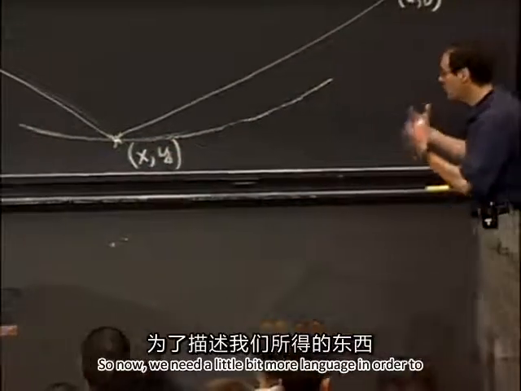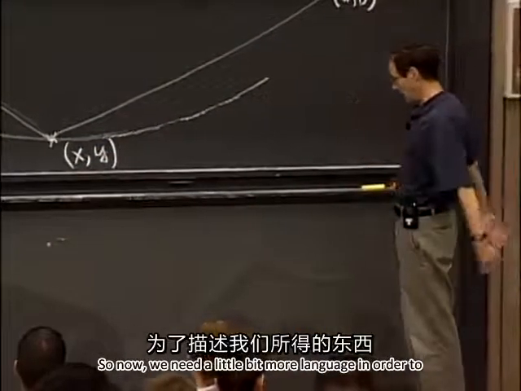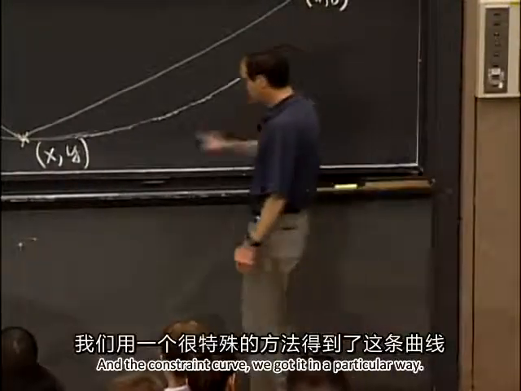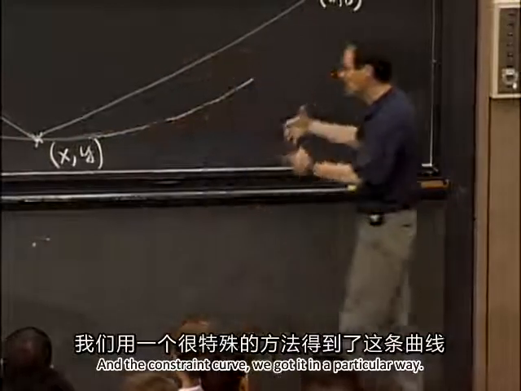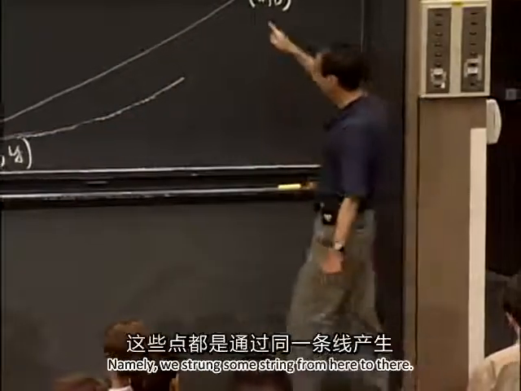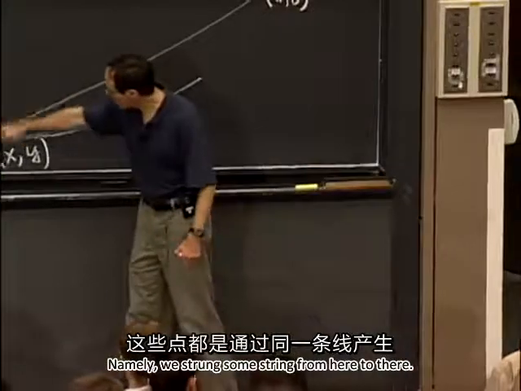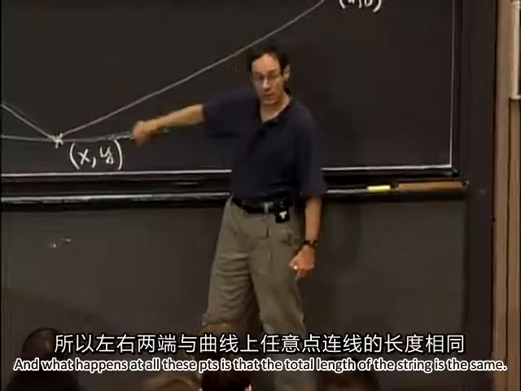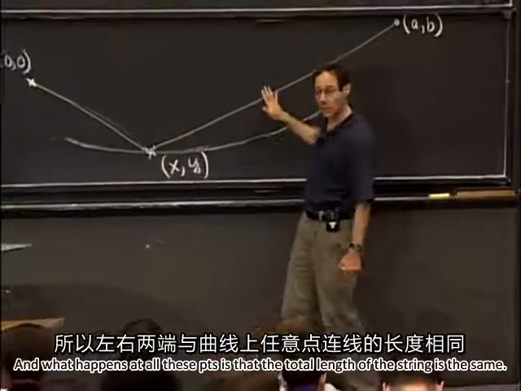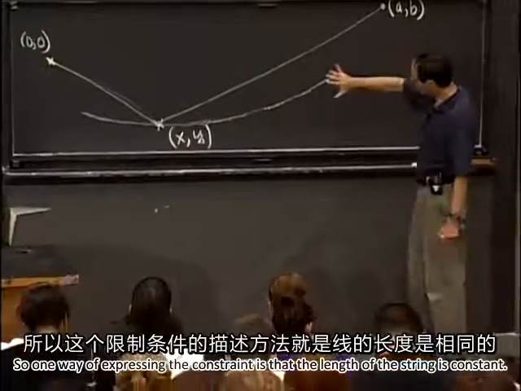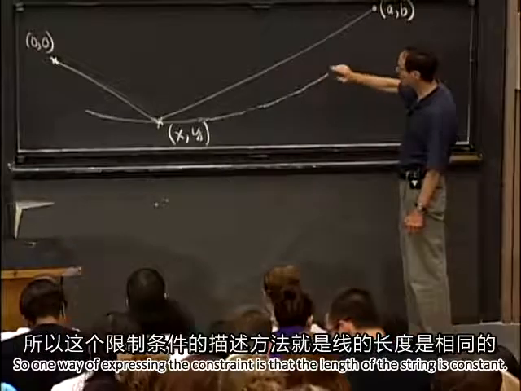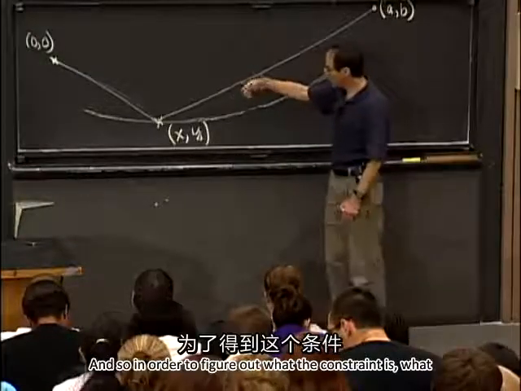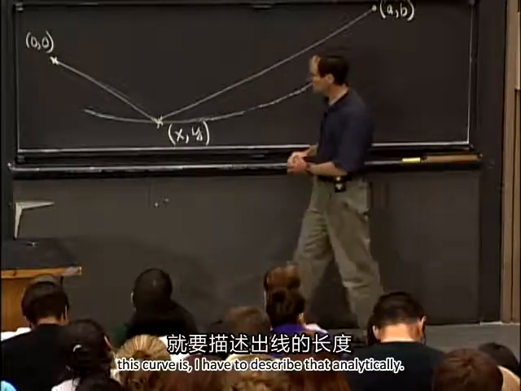So now we need a little bit more language in order to describe what it is that we've got. And the constraint curve, we got it in a particular way. Namely, we strung some string from here to there. And what happens at all of these points is that the total length of the string is the same. All right, so one way of expressing the constraint is that the length of this string is constant. And so in order to figure out what the constraint is, what this curve is, I have to describe that